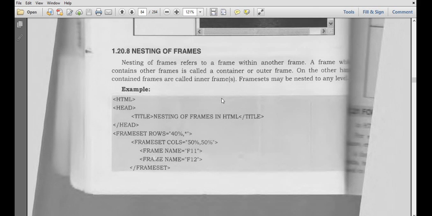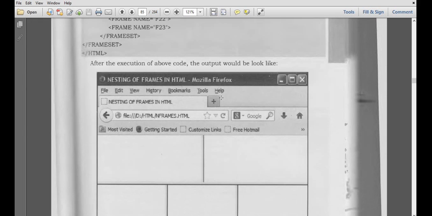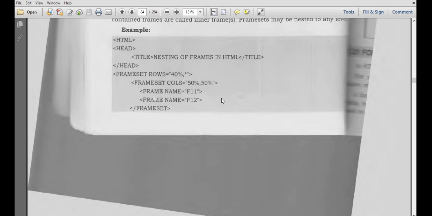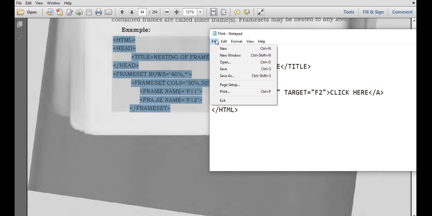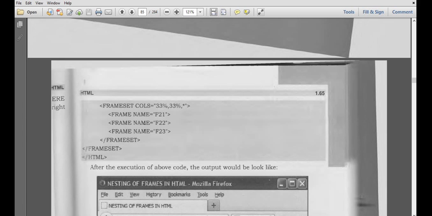Nesting of frames, in the sense one frame inside another frame, is called nesting of frames. We have already seen that topic, so we'll go with this example also. File, new. So we have a frame inside another frame, that is called nesting.